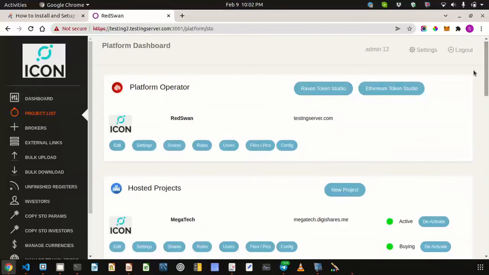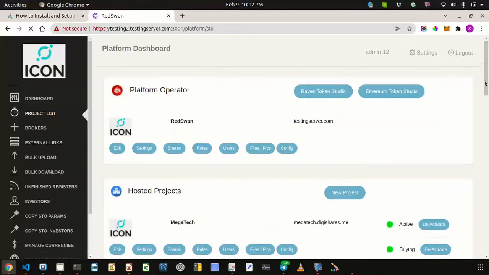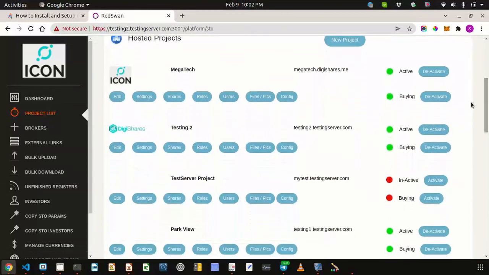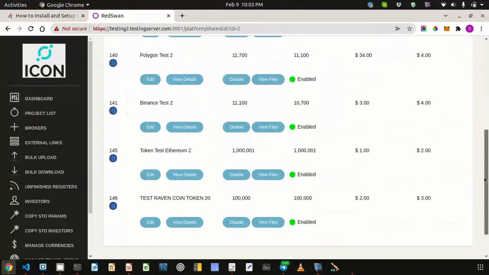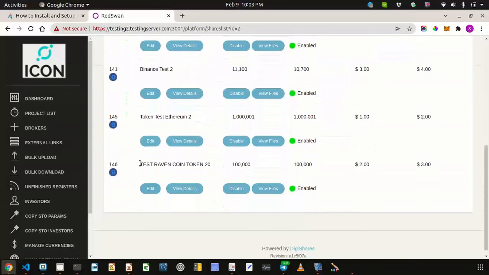If I go back to the projects list and click the shares link of the project or company with which I have associated the token, and scroll down, you can see that the token has been deployed and fully connected with the platform. If I click on View Details,